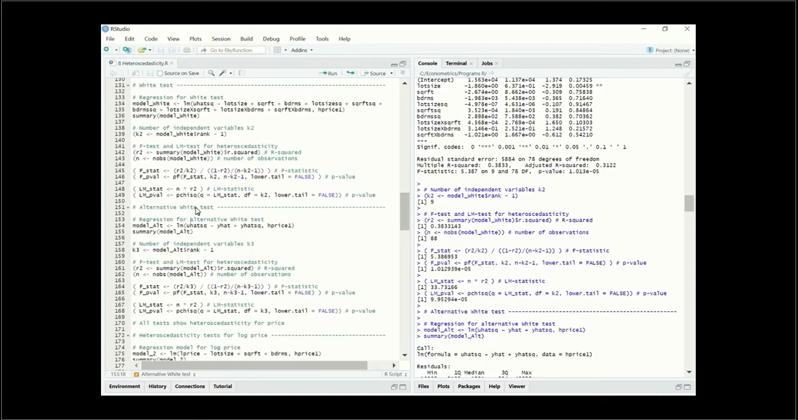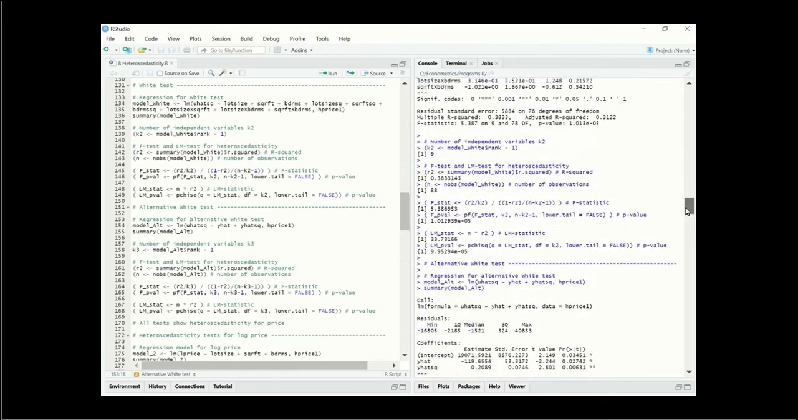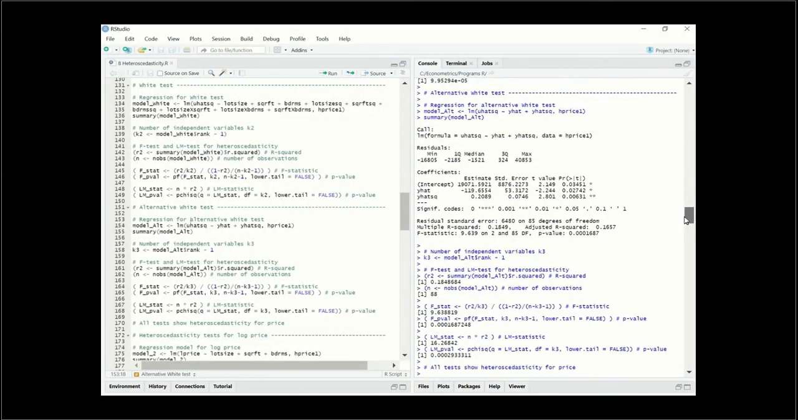The final model here is an alternative white test where we are regressing u hat squared, not on the original variables like what we have here before, but we are regressing it on the y hat and the y hat squared. So these are the fitted values and the fitted values squared. And so the rest here is exactly the same, picking up the number of independent variables, which in this case would be 2, because we're going to have two independent variables, and then calculating the F statistic